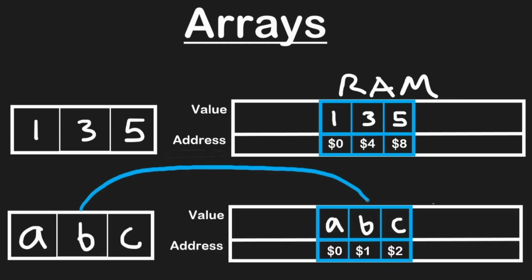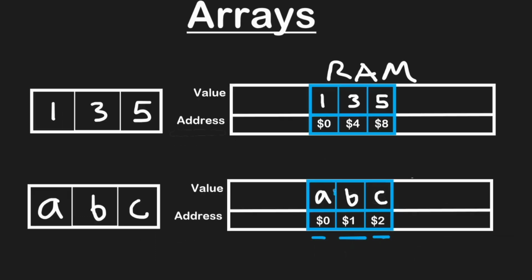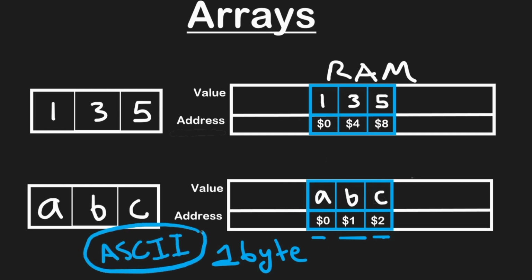Characters are stored pretty much exactly the same, contiguously as we would expect. But you notice the address is a bit different. In this case, we're incrementing by 1 as we add a new character. That's because each character actually only takes 1 byte to store in memory, not 4 bytes. At least that's the typical case if we're storing ASCII characters, which isn't super important to know. What I'm getting at though is we can